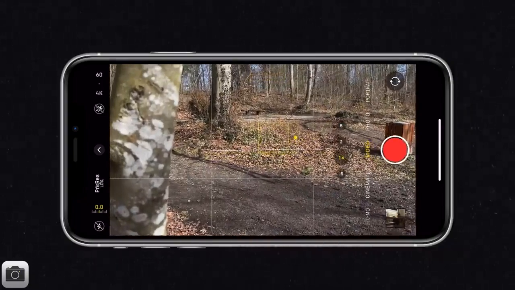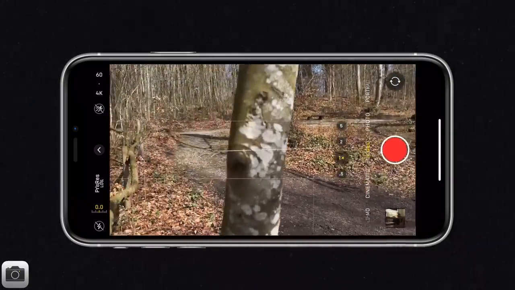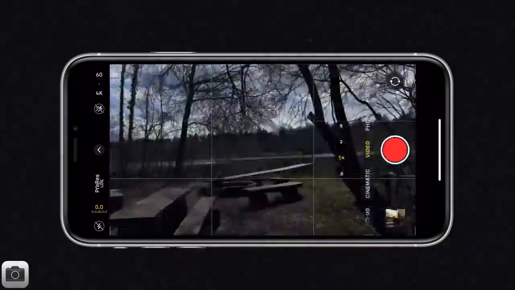And if I unlock it, you'll notice that the focus starts to shift. And also by tilting up and down, you won't have those extreme exposure changes. Now, I do find that the default camera app does a great job of smoothly changing the exposure. So sometimes you can get away with it, but in most cases, whenever you can, try to lock the focus